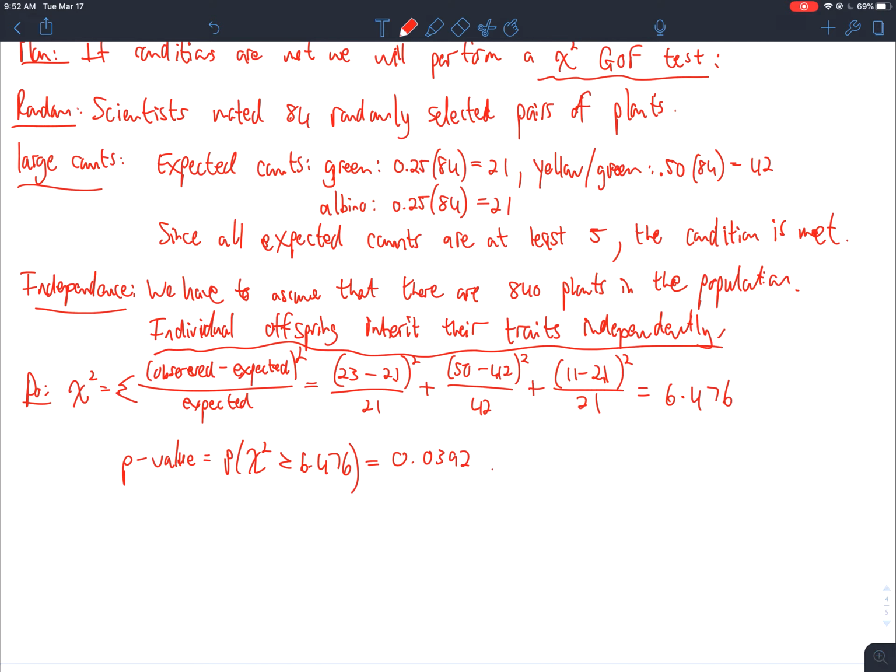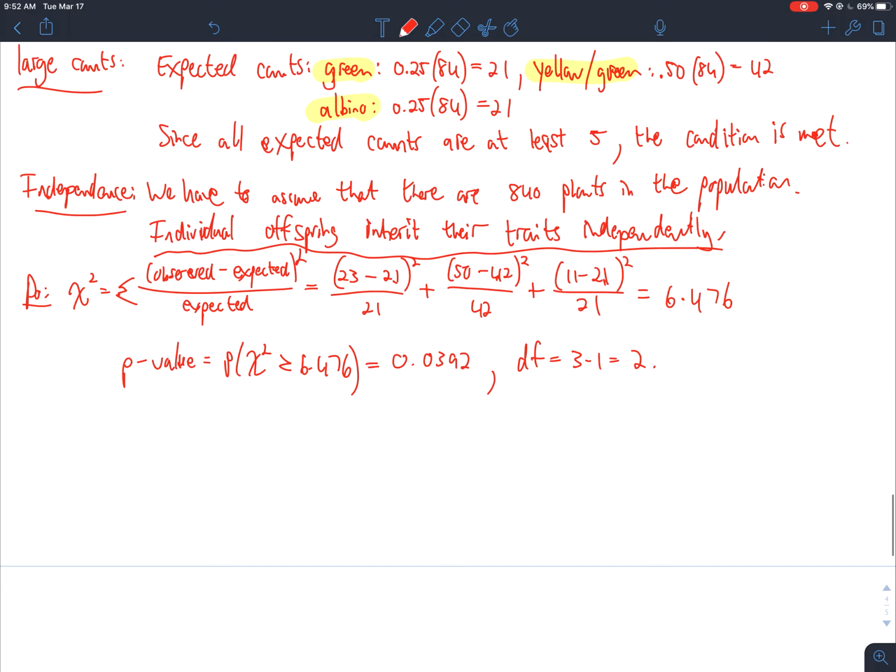0.0392. And how many categories were there? 3. Okay, there were 3 categories, 1, 2, and 3. So my degrees of freedom is 3 minus 1, which is 2. Okay, this tells me how that happened. So you must list the degrees of freedom when you do this, just like we did for test of means. Okay, and now we say conclude,